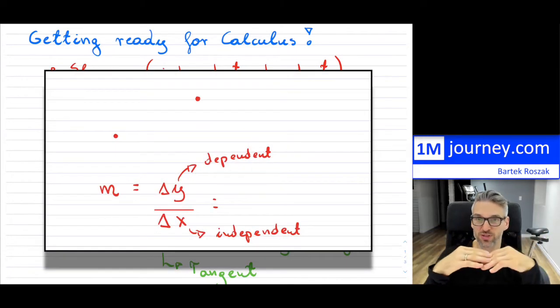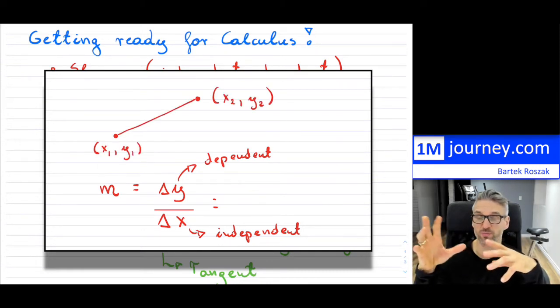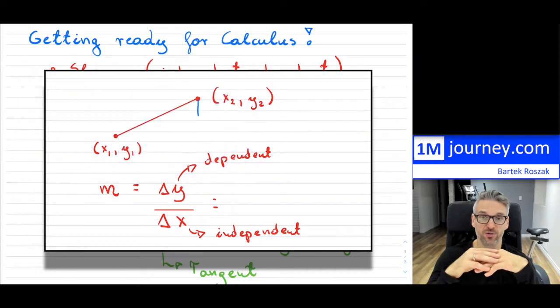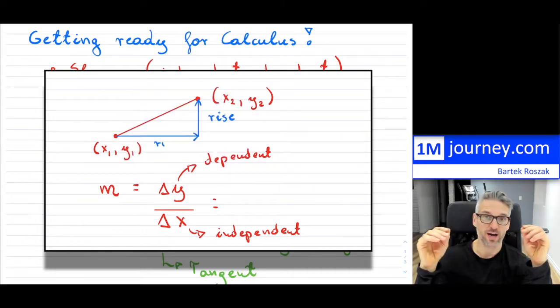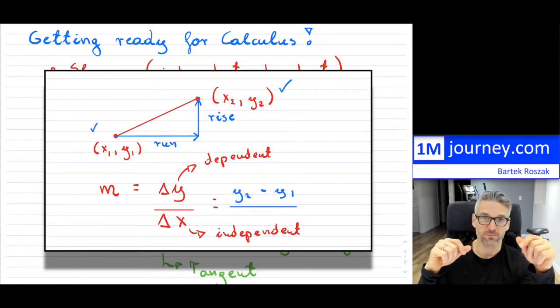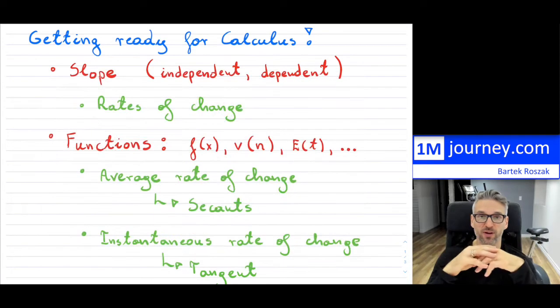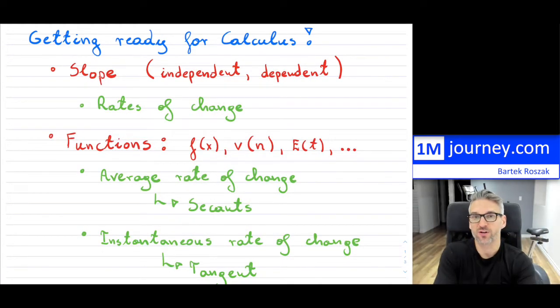Now, slopes in general, you have started way back, possibly even in elementary school, but definitely in grade 9 and onwards. So those slopes are always dependent. You have a rise and a run. You understand that there's an independent variable and a dependent variable. And once you understand that concept of the slope,